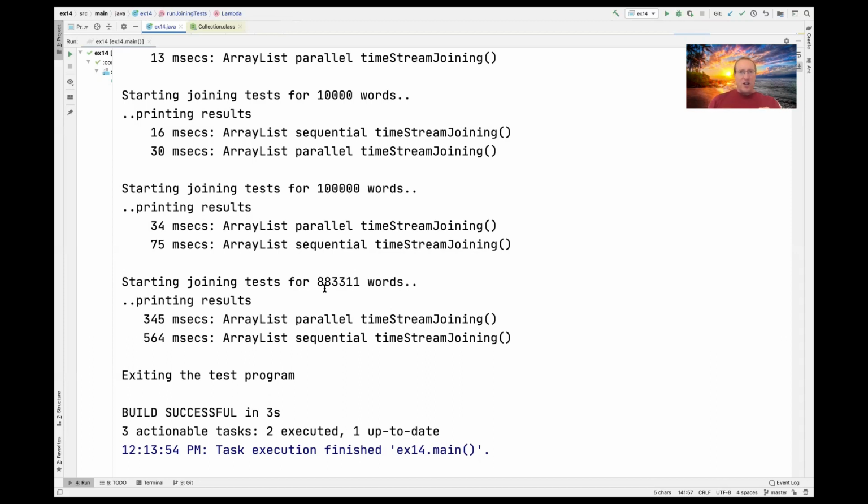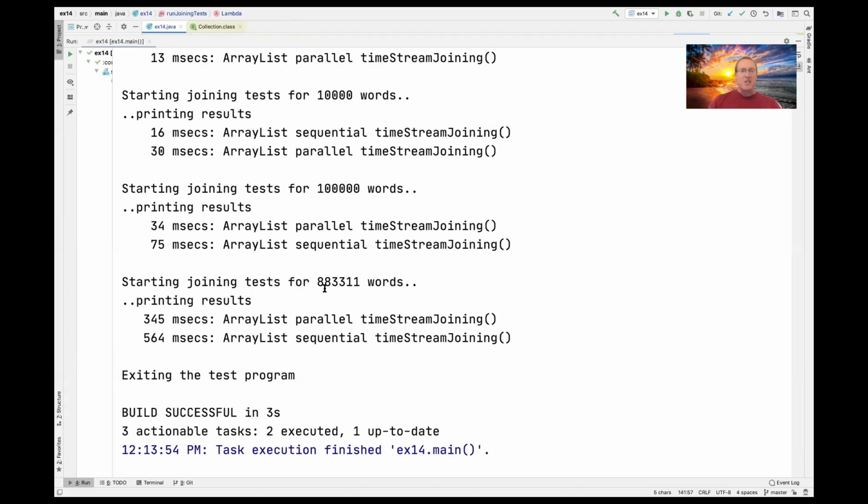And this is a classic example of the N times Q rule. If you ever watch any videos by Brian Goetz, who's one of the architects for Java, he has some really good videos on Java concurrency and parallelism. He always makes the case that if you want to use parallel streams, make sure that N times Q is a relatively large number, where N is the number of input elements, and Q is the amount of time